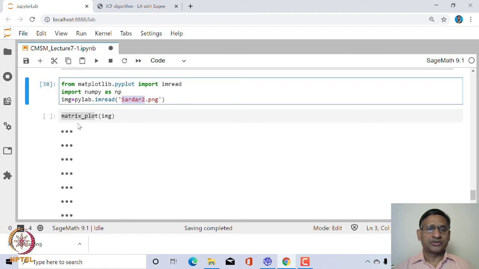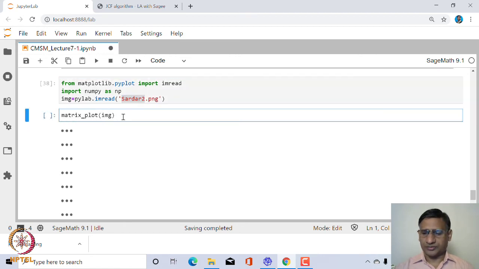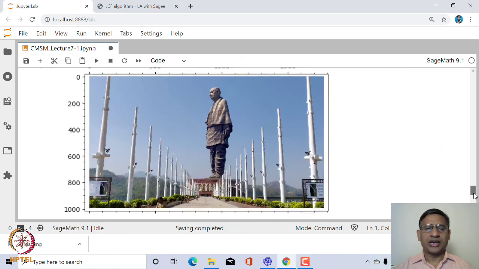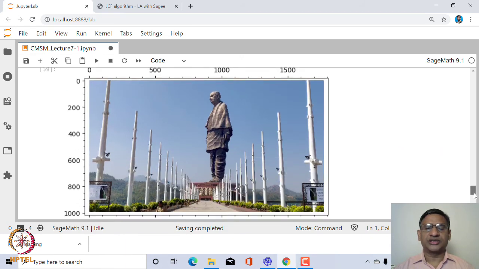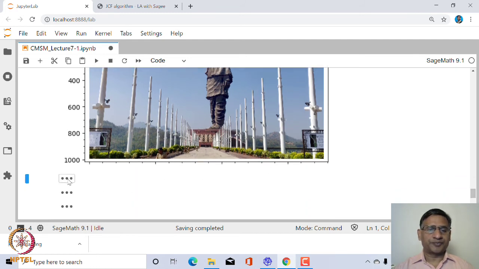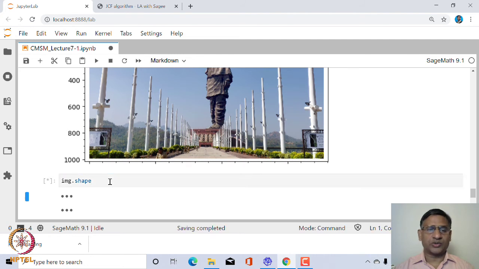So, when we plot this, okay, this is the image we have, right. Now, what we are going to do is convert this image into a matrix. How do we do that? First, before that, let us look at what is the order of this matrix. The order of this matrix is 995 by 1770. That is a very big matrix, because this image has very good resolution, and